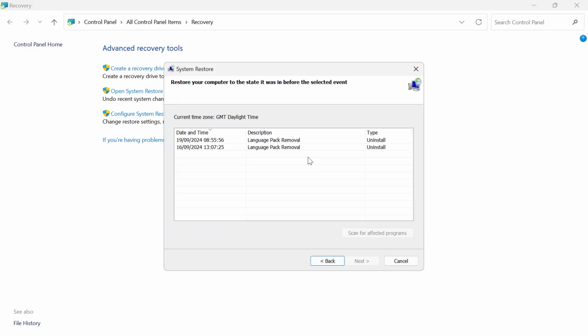Click on Next at the bottom, and you should see a bunch of different restore points that you can restore your system to. Now, the sooner you restore your computer from the time that you accidentally uninstalled the applications, the more chance you have of recovering these apps. So all you simply need to do is select a recovery point that's closest to the time that you uninstalled